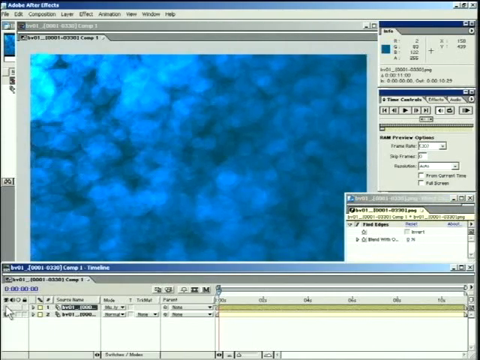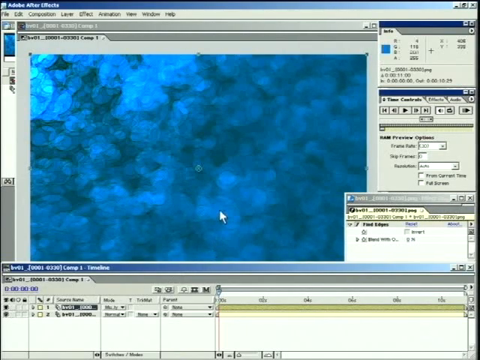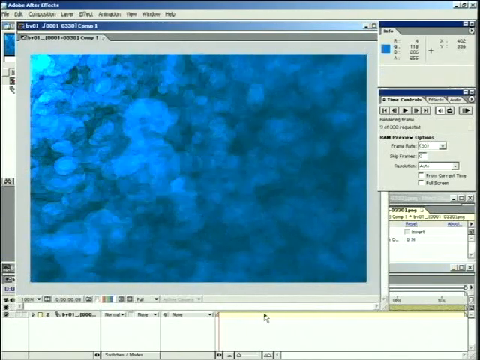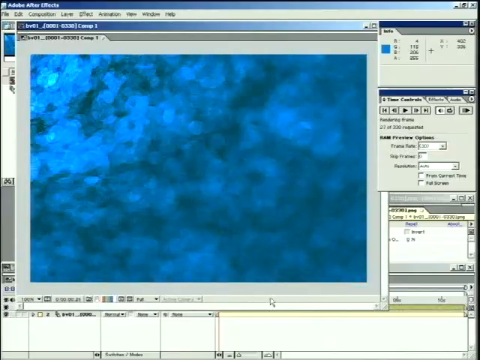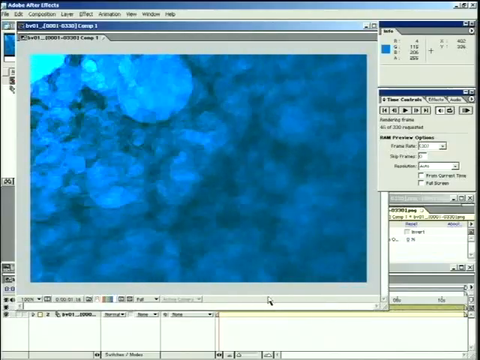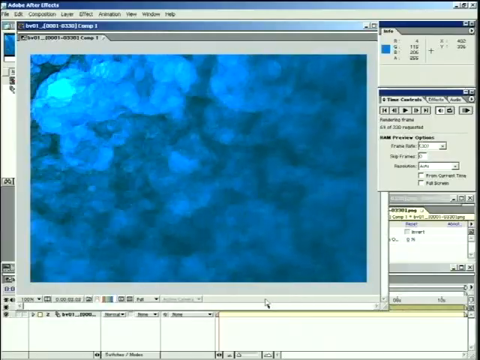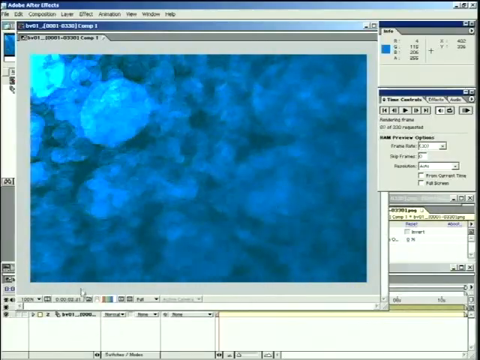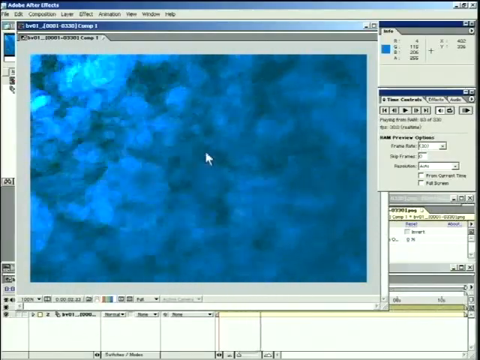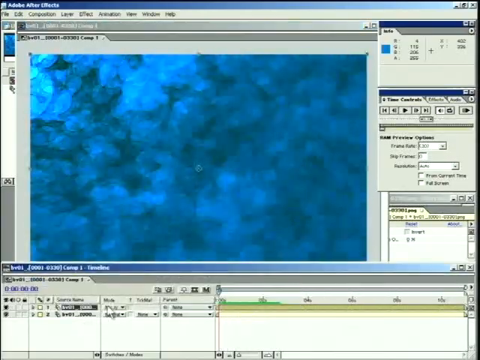That's how it was before. This is how it was now. If we do a RAM preview on it, you can see it almost makes it like a cell animation. It's almost like somebody hand drew all this stuff in there. It's actually kind of neat like that. You know, what if instead of multiply though,